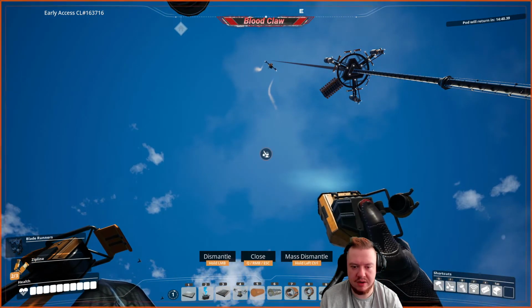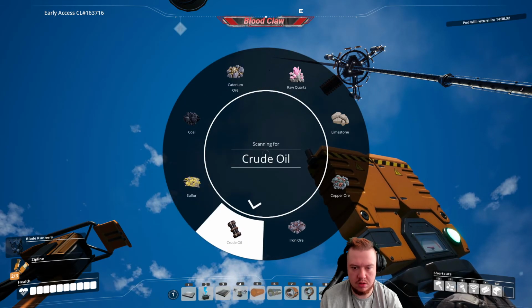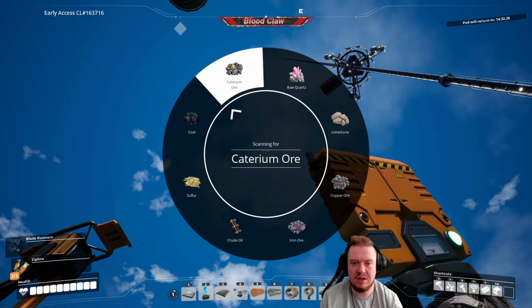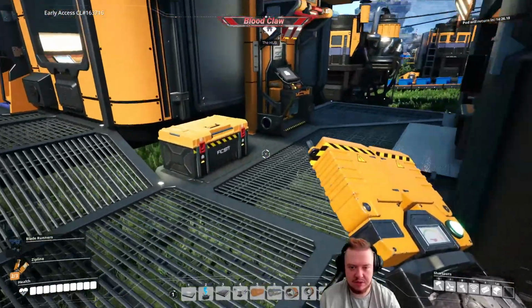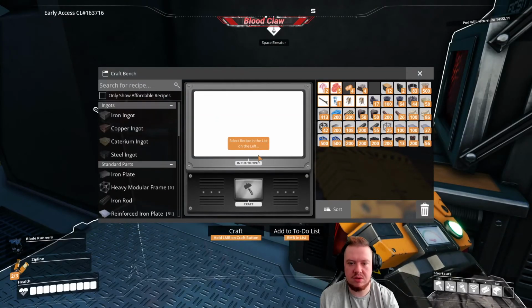Can you take the scanning? Oh, this scanning. Caterium. That's what that's called. I'm still calling it creatine. Creatine powder. I'd love to be able to see what is next for us to do, but